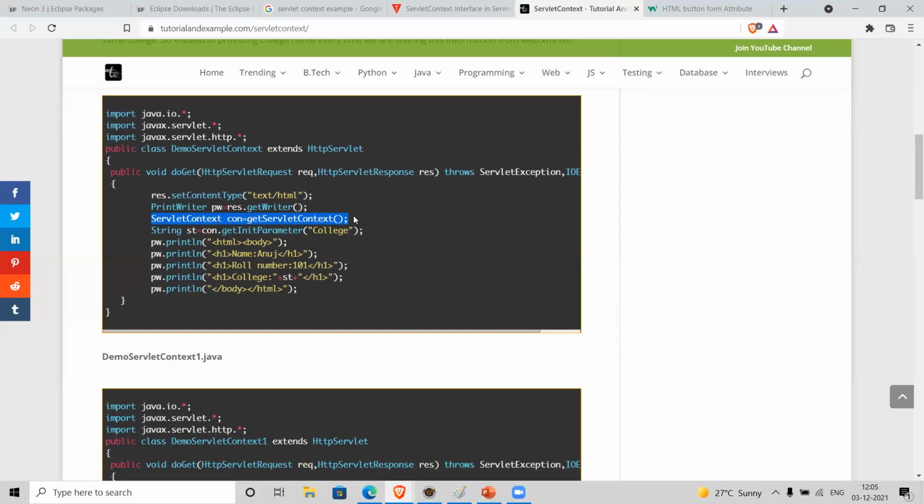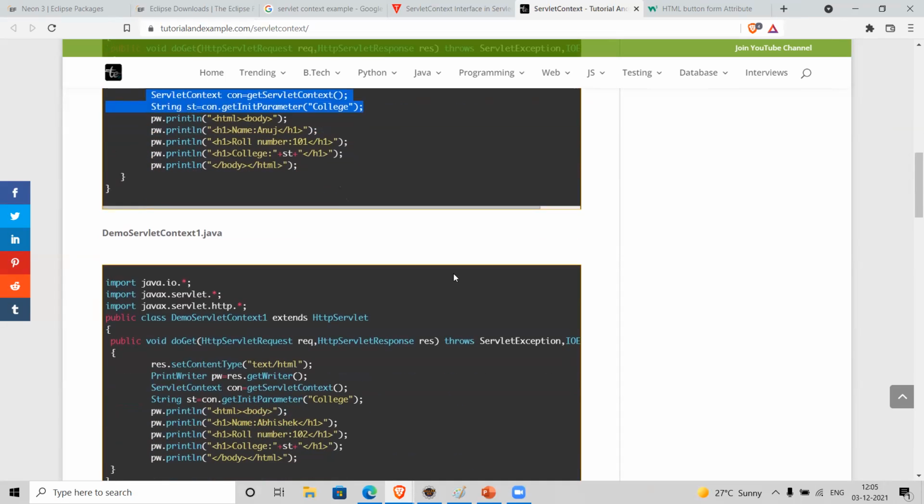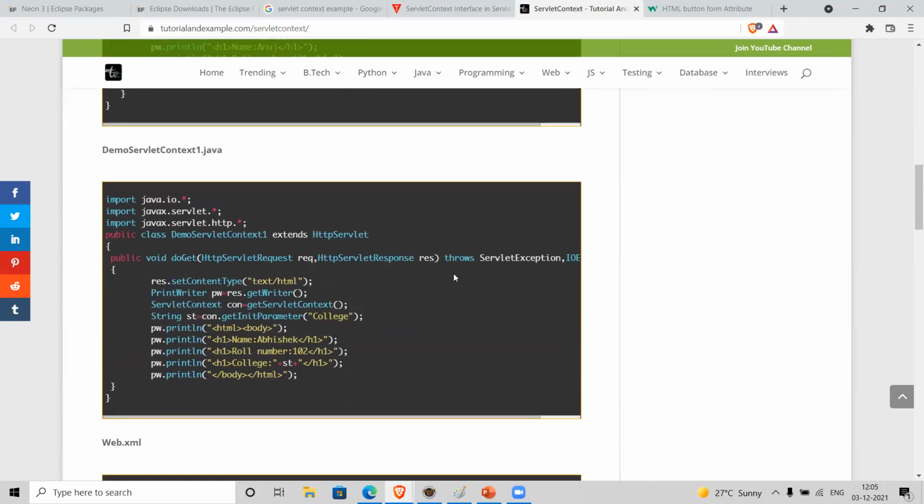If we configure any parameters in the servlet context, by using getInitParameter we can read that value. How to configure it in web.xml, I'll show you. So this is how we can get the servlet context.